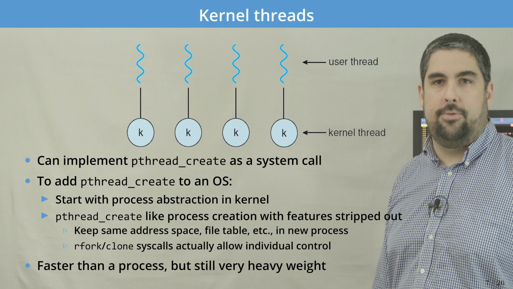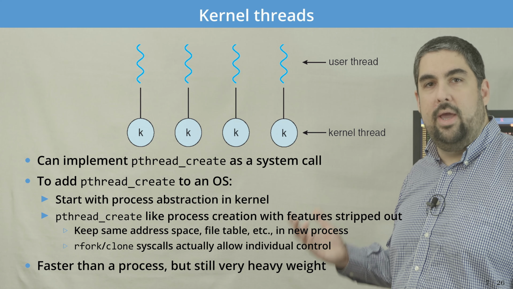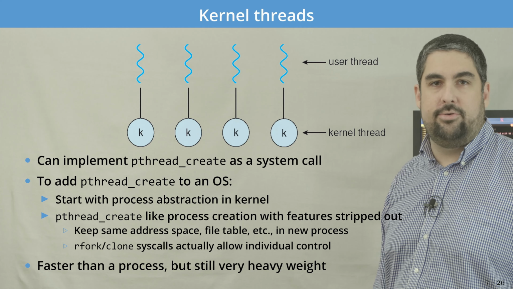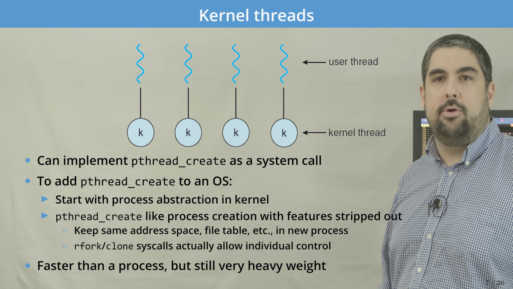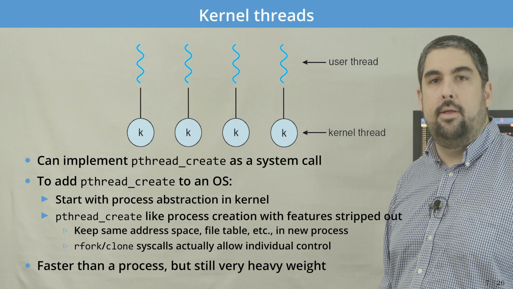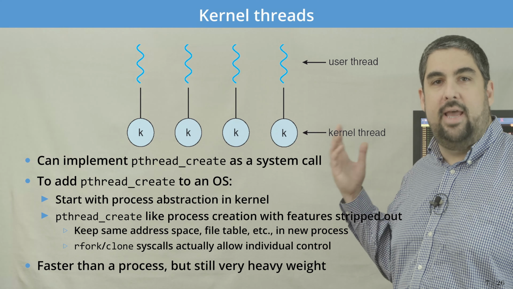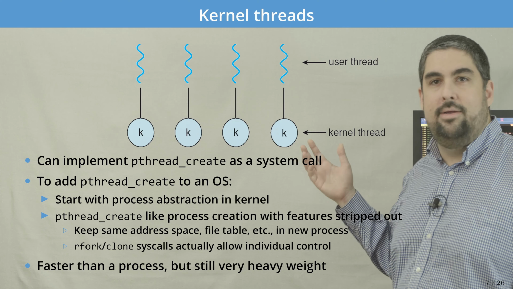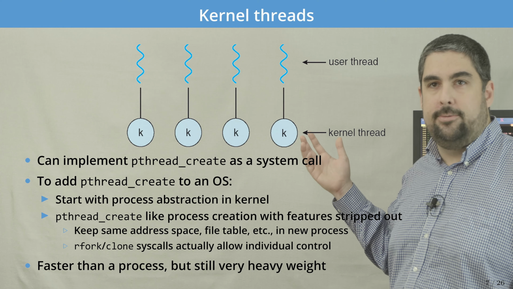There are two main ways we can implement threads. The first method, which is the most common, is to use kernel threads. The way kernel threads work is that we implement the pthread create call that I described earlier as a system call. And what it does, internally in the operating system,